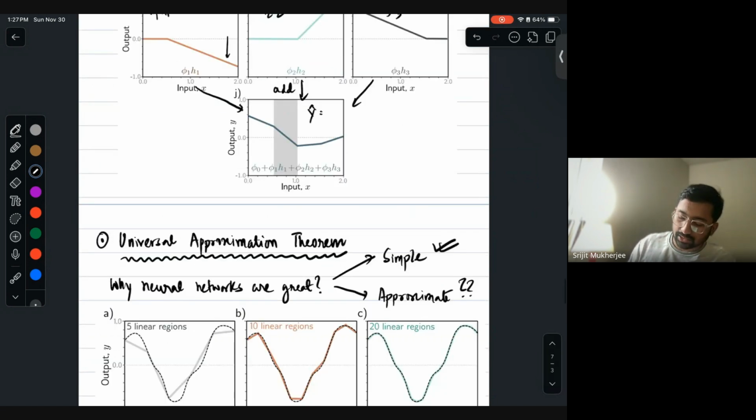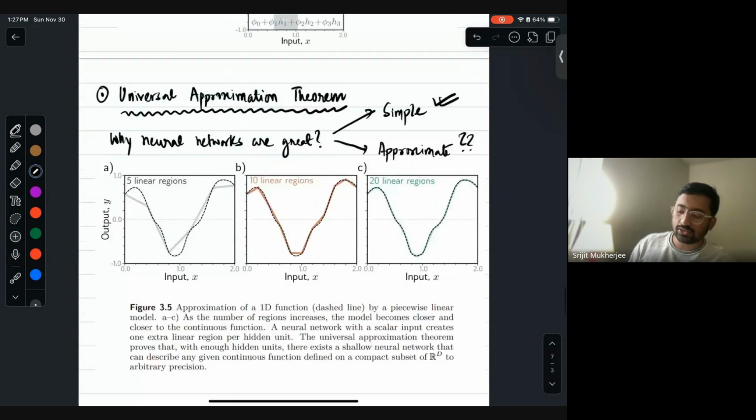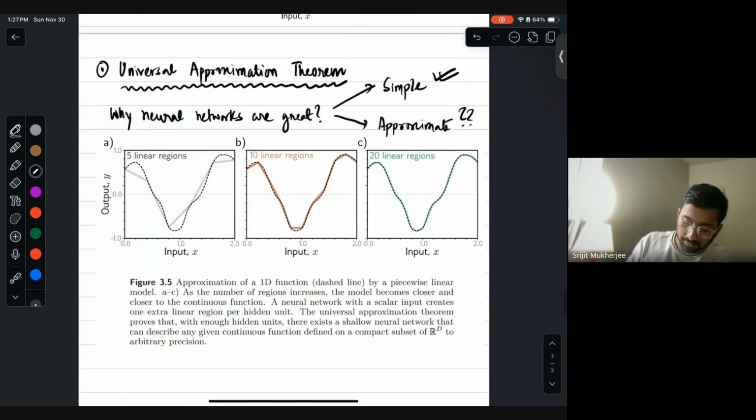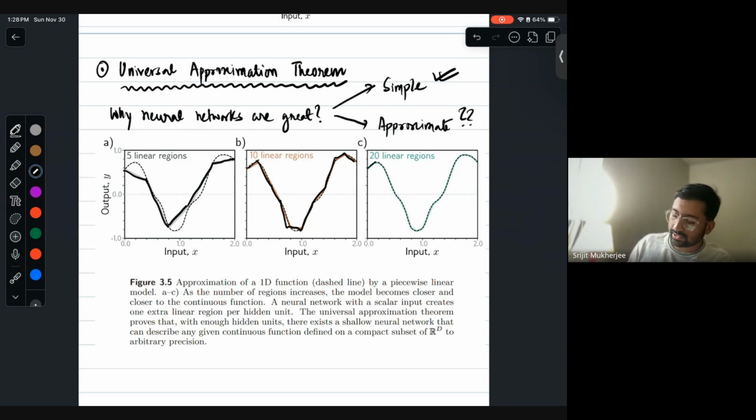So observe, similar to this, here you have the output of 3 neurons, but if there are 5 neurons, it will be something like this. But the actual function is this dotted line. If there are 10 neurons, the output will be something like this. It's slowly becoming closer and closer. If there are 20 linear units,